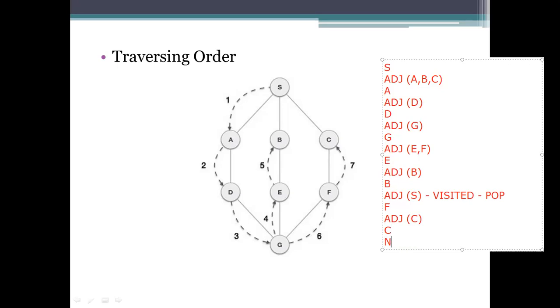An adjacent node is there, but the adjacent node we are considering is already visited. Next, empty the stack.